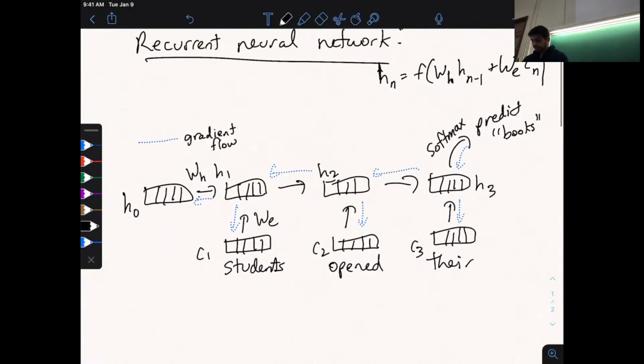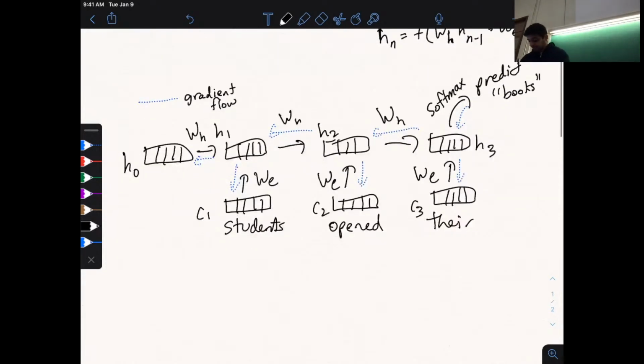So one thing you might notice if we look at this diagram is that we actually have repeated usages of the same weight matrices, W_H and W_E, right? So how does the gradient computation work? Actually, and we're not going to cover this algorithm in detail, but you can derive it yourself. RNN gradients are computed through an algorithm called backpropagation